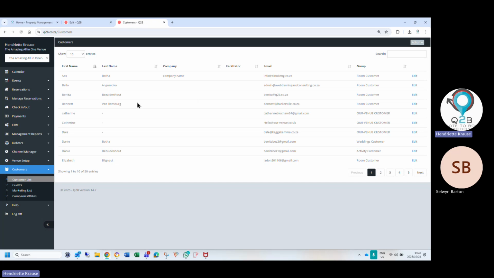Especially from COVID, venues were desperate and they took any booking that they could, and then they were robbed or anything. So that's why we built that in, so they can list that customer. The system will warn you, and it will also warn another Q2B client to say this customer has been blacklisted by this venue, and this is the reason. You can still continue to take him on. We won't stop you, but we're actually just warning you up front.